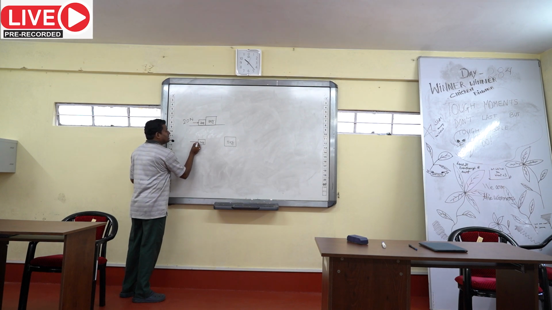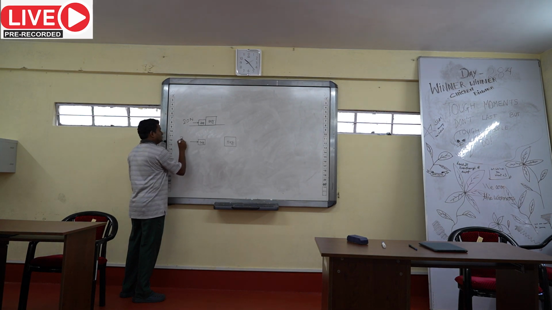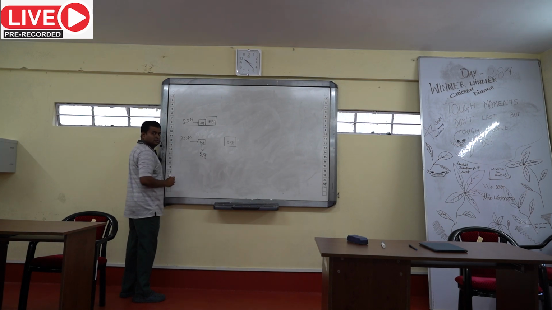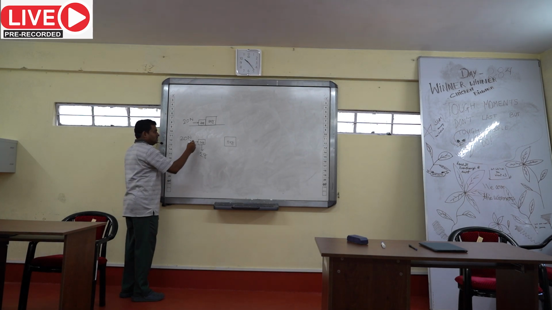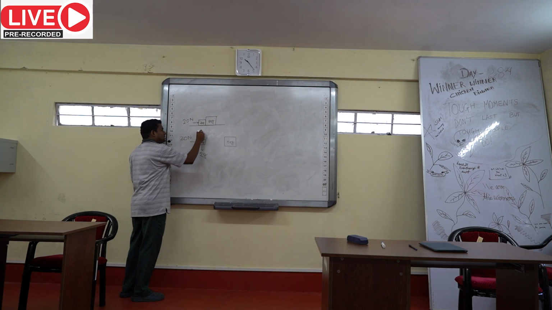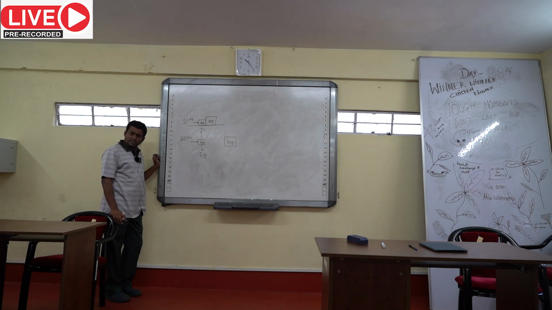On this side, you are applying a force of 20 Newton. On this side, there is gravity, 2 into acceleration due to gravity. I write 2g, that is weight. In this direction, there is the normal reaction force by the ground. Okay? Now,